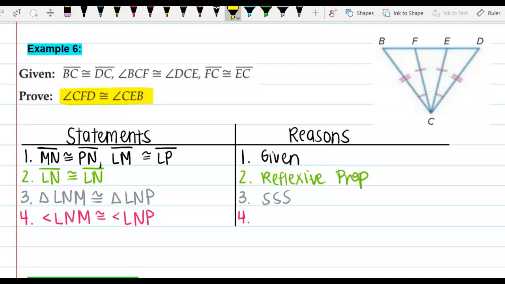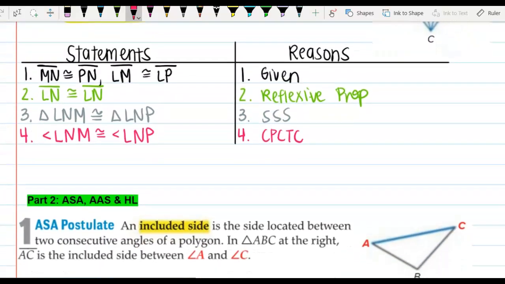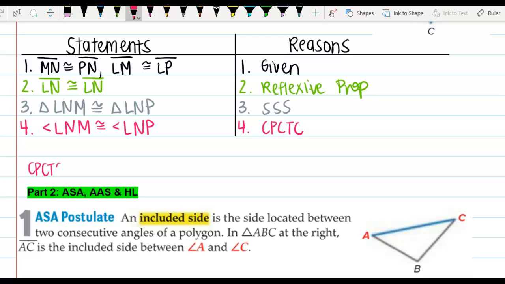So basically, since we've used side, side, side, we haven't proven anything about the angles, right? We've proved all three sets of sides have a corresponding congruent side, but we haven't said anything about the angles. But now that we've established all the sides were congruent, the triangles are congruent, therefore everything else that we have not named yet also has to be congruent because we know the triangles are congruent. This is what we call CPCTC. Okay, and I'll write it out right here. So CPCTC means that corresponding